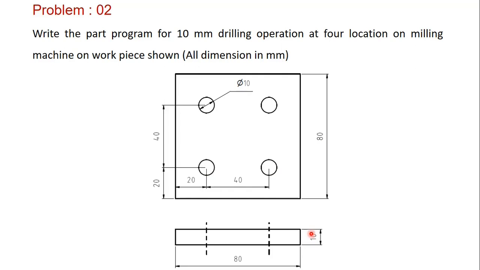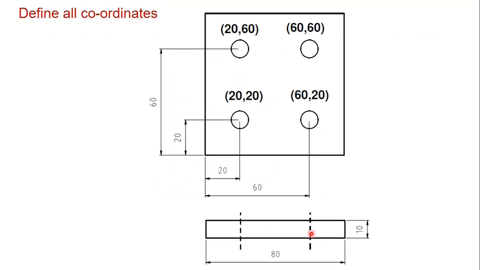So the first step before the start of the actual program is to get the coordinate systems. First we have to define the coordinates. In this case, whatever the color you are seeing, I have defined this as my 0 0. This is the x axis, this is y, and the depth with respect to the screen is the z axis. Anything going from this point this side is positive x, this side negative x, this side positive y, this side negative y. Anything inside the workpiece is minus z, above the workpiece is plus z.